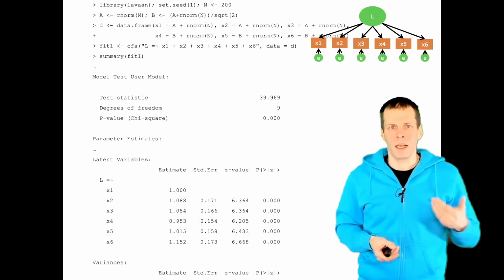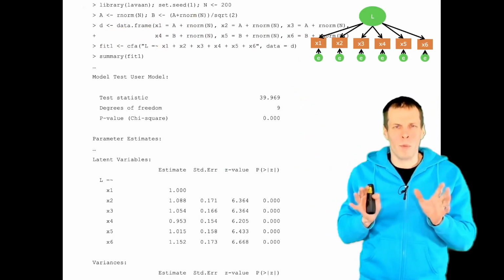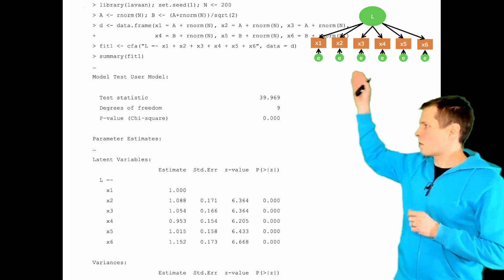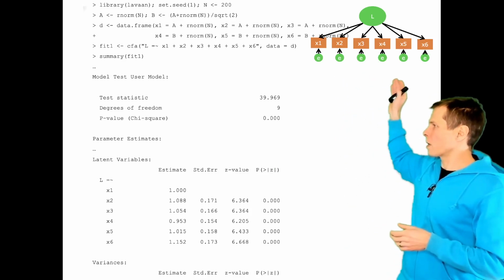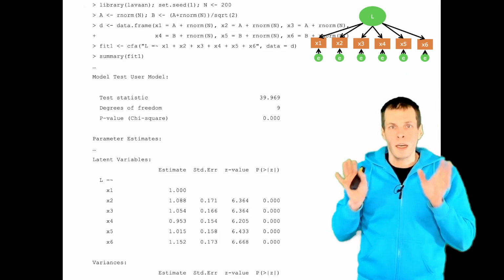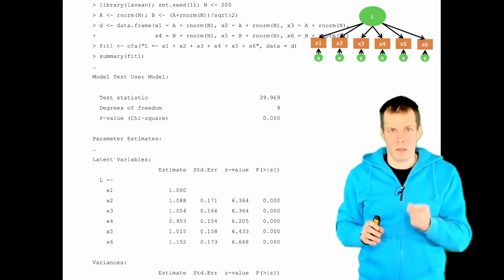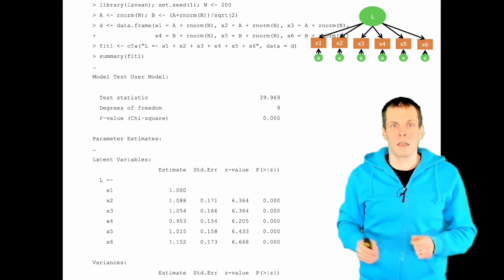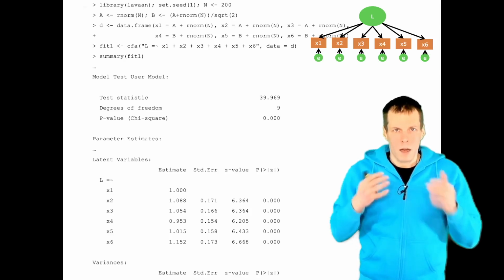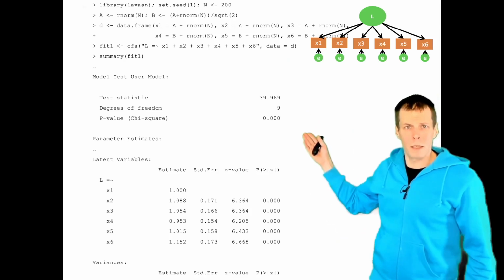So I have generated data, and our data contains 6 indicators from a population with 2 factors. So we have F1 measured with X1, X2, and X3. We have F2 measured with X4, X5, and X6. And we fit a misspecified model. So in reality, the correct model for these data would have 2 factors, one for X1, X2, and X3, another one for X4, X5, and X6, but we fit a single factor with 6 indicators. Unsurprisingly, because our sample size is okay, the chi-square rejects the model.